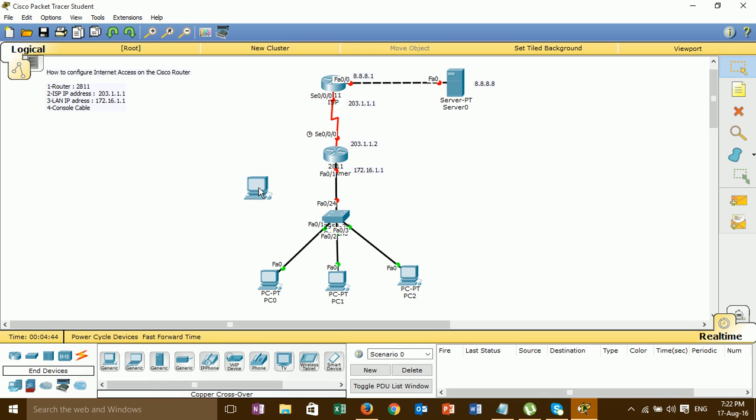And one more, I need one more PC. Then connect the console cable from the PC to the router.